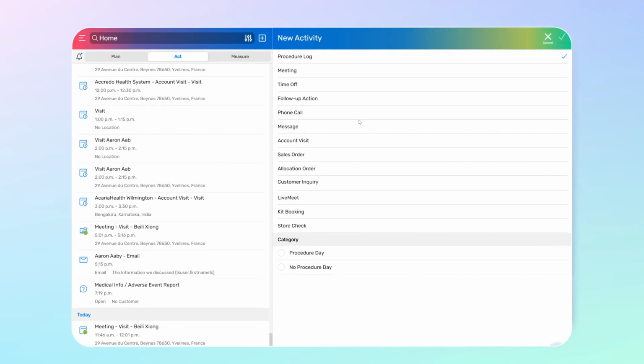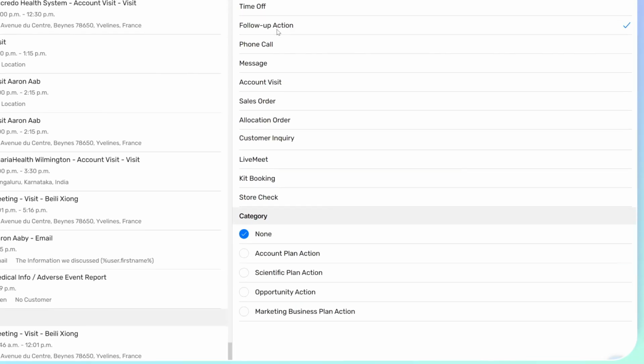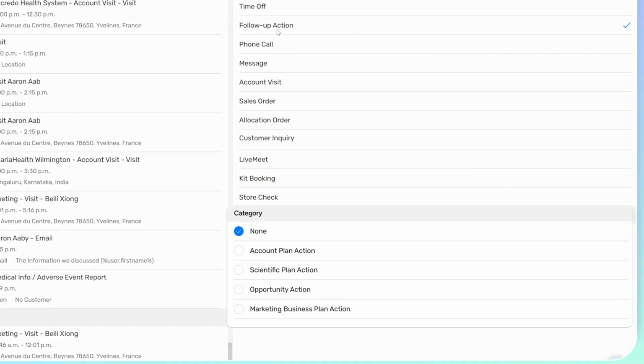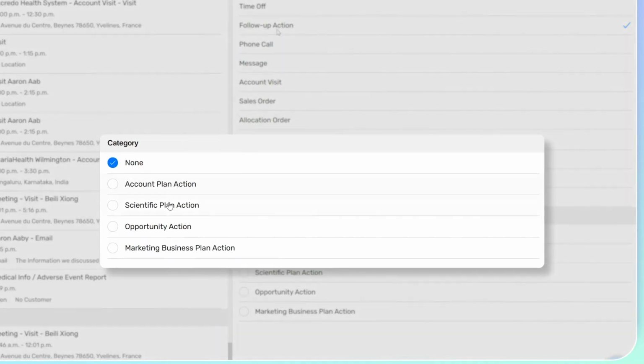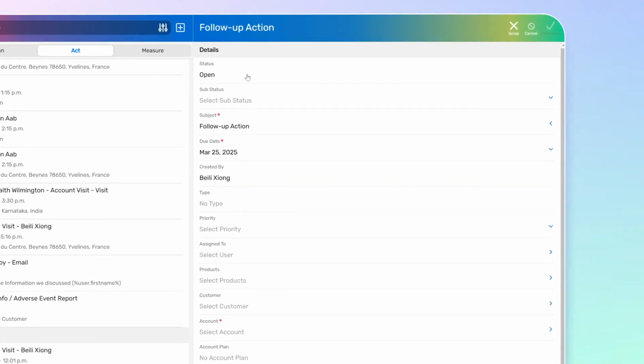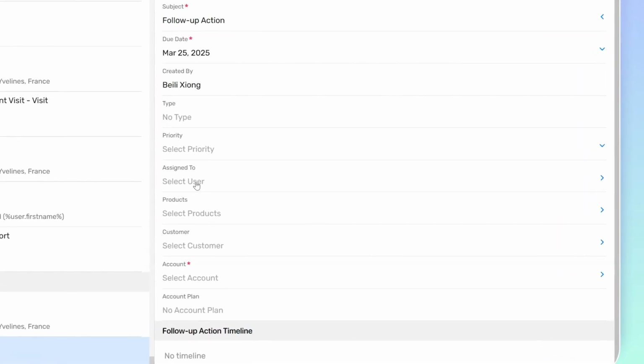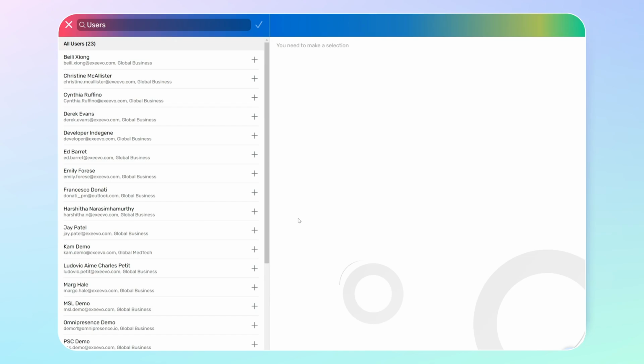To create a follow-up activity, or follow-up action, you could also go to the Activity tab and create a new follow-up action. Depending on the category, you could select which plan this is a follow-up against. So for example, if we choose account plan follow-up actions, here we are able to assign this follow-up action to a user. If I'm a manager and I want to assign this to one of my reps, I could choose